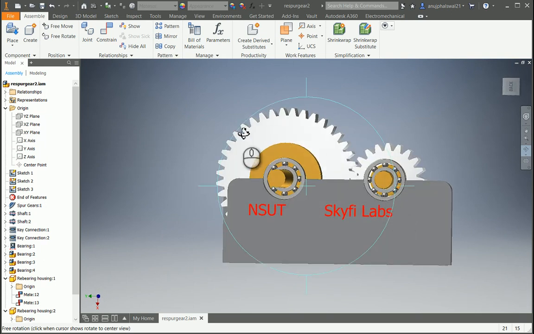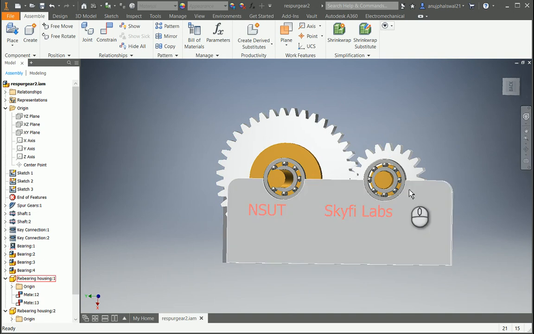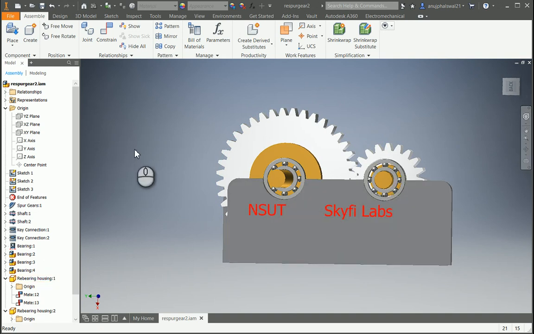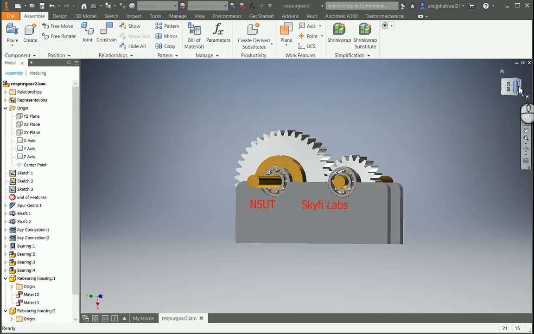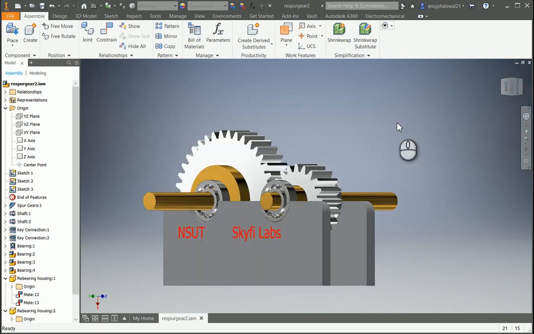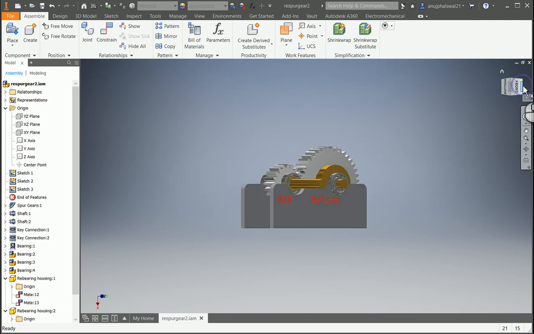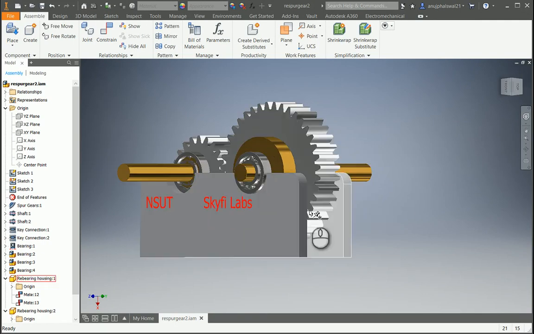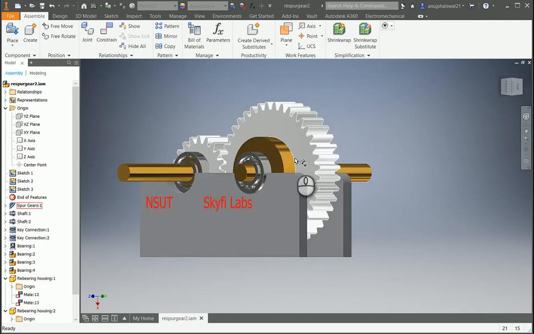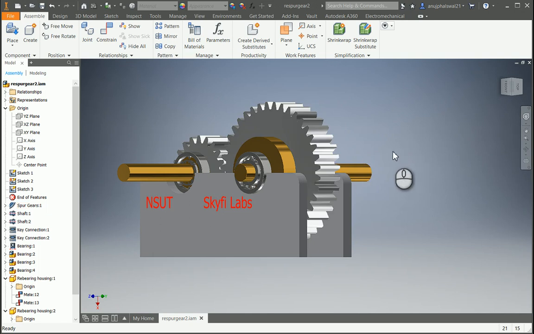About the project. Inventor project assignment for Sky5 Labs online course by Anuj. This video is made by Anuj, student of Netaji Subhas University of Technology, formerly NSIT, Azad Hind Fauj Marg, Dwarka Sector 3, Delhi. As a part of the final assignment of the gear train design course from Sky5 Labs. Online tutorials from Sky5 Labs and theoretical help from my KTM professor Mr. Sanjay Kumar Chak were used along with the Autodesk Inventor software to develop the gear train design project.